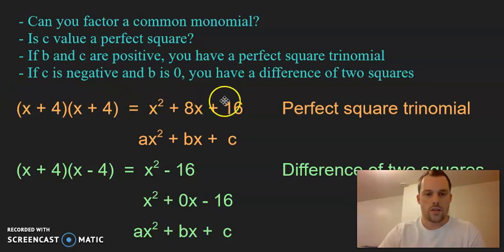In this first example, if b and c are positive, assuming it is factorable, you have a perfect square trinomial. So what that means is you have your three terms, a trinomial with a perfect square as your c value. You'll notice that since these are both positive, then